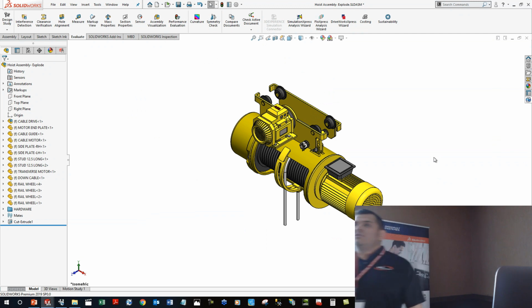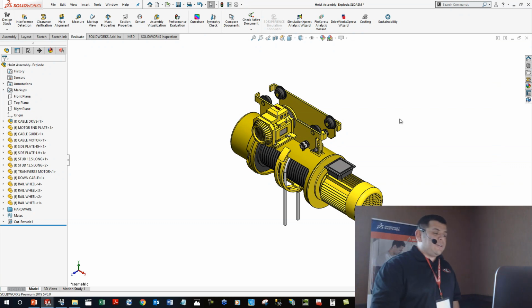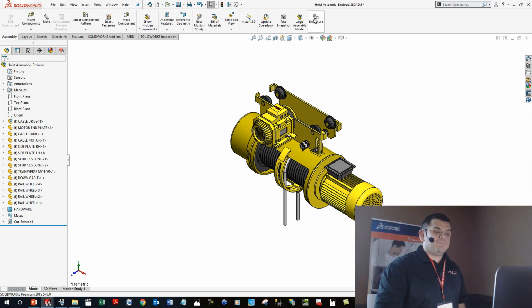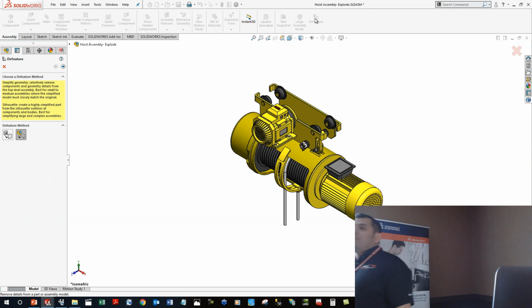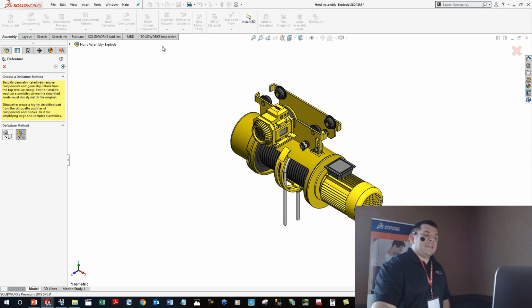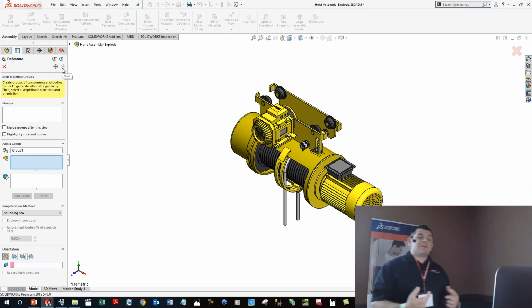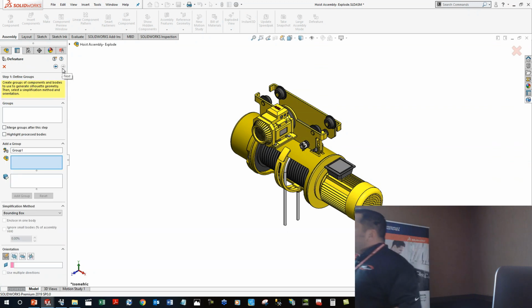So what can we do to make that more efficient? I'm going to show you a tool called Defeature. Now, Defeature isn't necessarily a new tool, but the options that we've added in Defeature make this very simple and way more efficient than ever before. What you're going to see is a second button down here, and we call this a silhouette. I'm going to hit next, and I'm going to start telling SOLIDWORKS to create me a part file using this